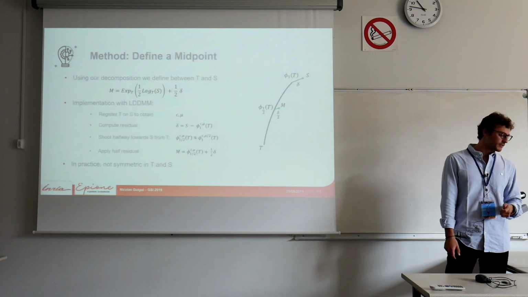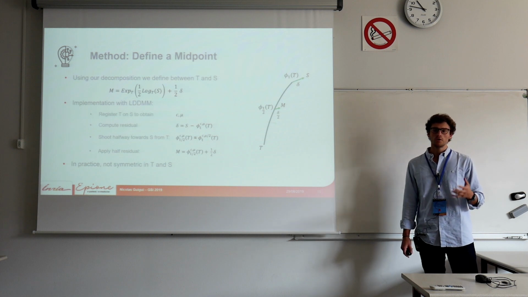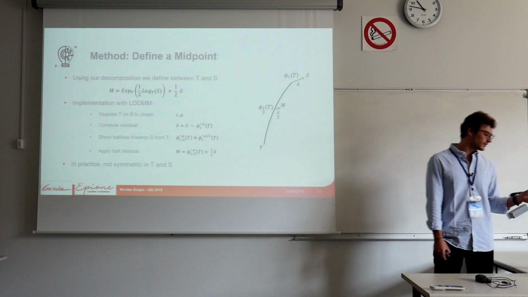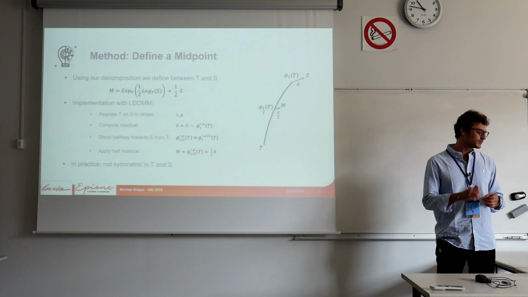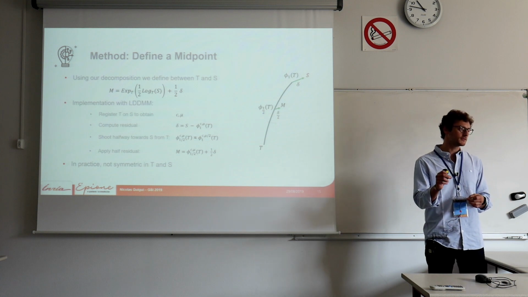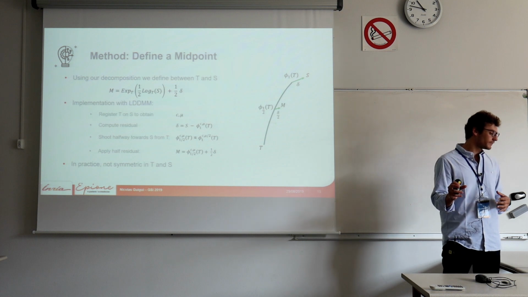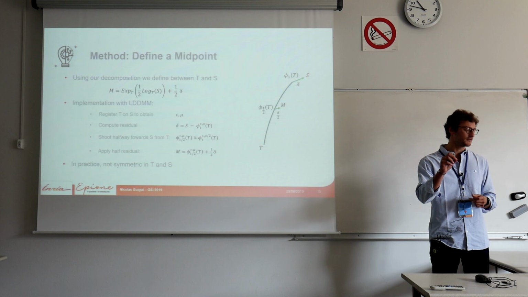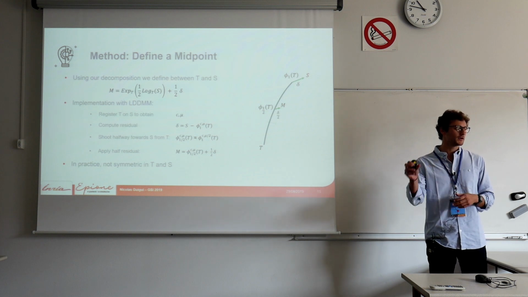And consistently with this decomposition, and in order to perform parallel transport, we compute a midpoint, M, between two shapes T and S, by shooting halfway on the geodesic between the two and applying half the residual. So the implementation with LDDMM is quite simple. We just need to perform one registration of T on S, compute the residual, shoot halfway, and apply half the